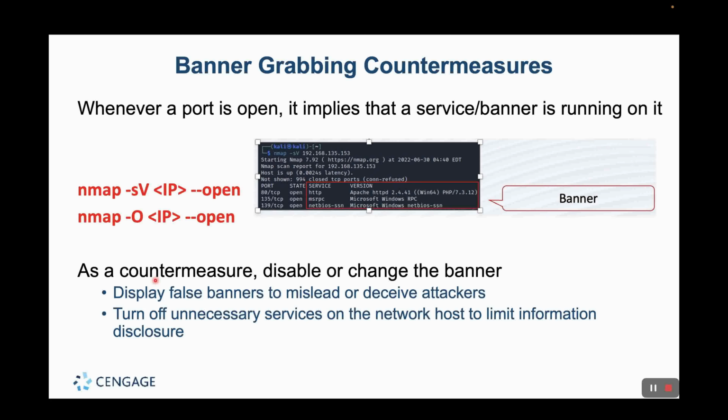For example, you could use firewall configuration to block or limit access to certain ports. This can effectively stop banner grabbing attempts or make it much more difficult. Now, you could use an IDS or an IPS, an intrusion prevention system. Deploying both of them can help in detecting suspicious activities like multiple requests to a service, so therefore you can be alerted,